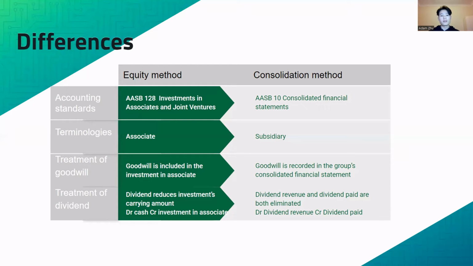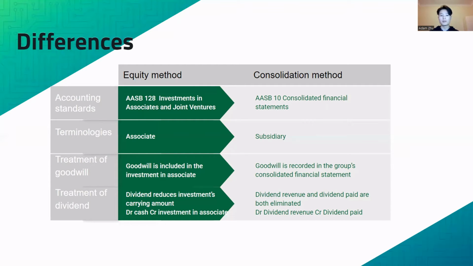Another difference is that the entity to be consolidated is called a subsidiary. The investee under equity method is called an associate. In addition, the goodwill is included in the investment in associate under equity method. However, the goodwill becomes the single economic group's asset after consolidation under consolidation method, and